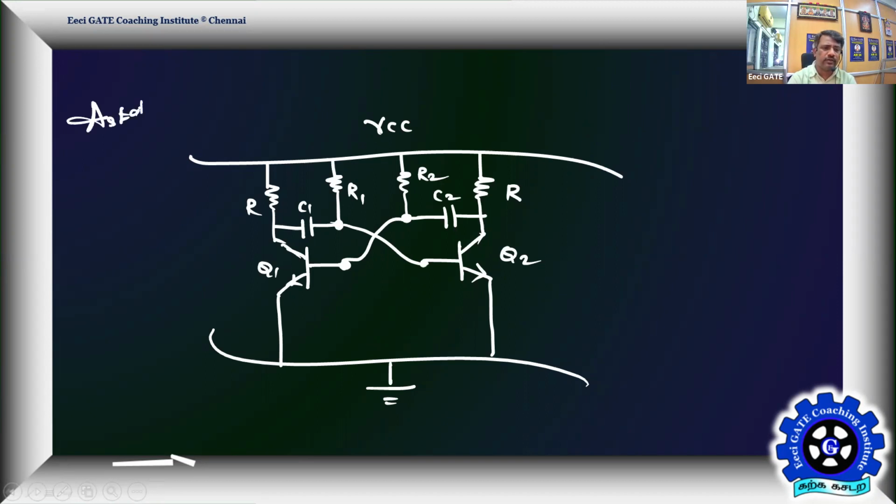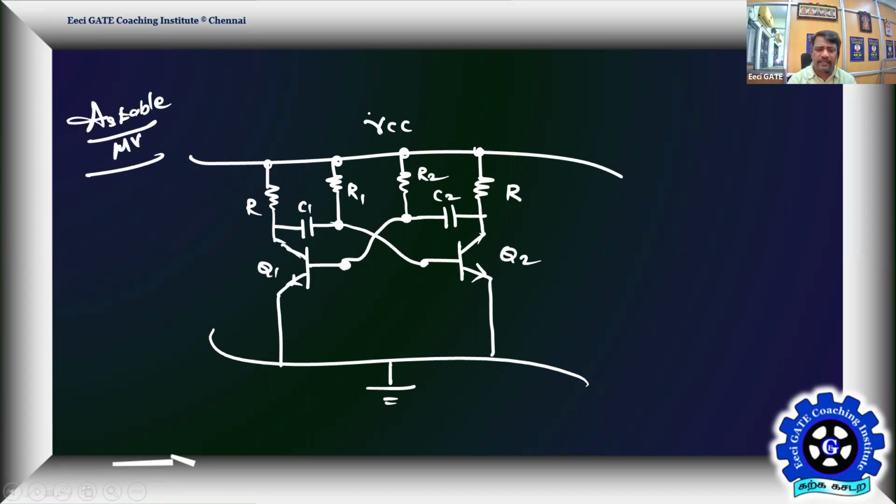Even a GATE or IES aspirant, if they remember the equation straight away, will go for the on time and off time. That's a prerequisite. Without knowing the fundamentals of this problem, you can't easily connect. It takes time, and you'll be running out of time for this kind of problem. So probably most of the students skipped, or since there is no negative marking, roughly chose any one of the two options. Not sure whether it will be right or wrong.